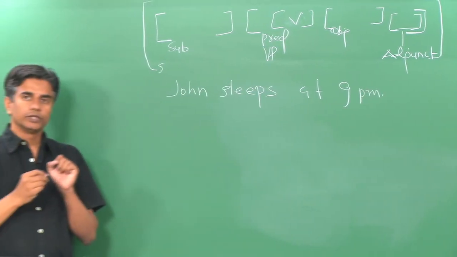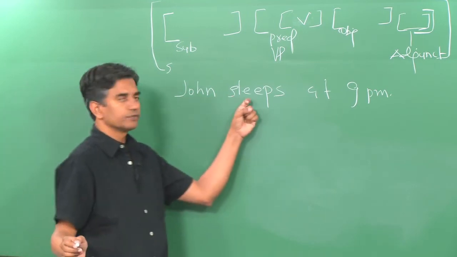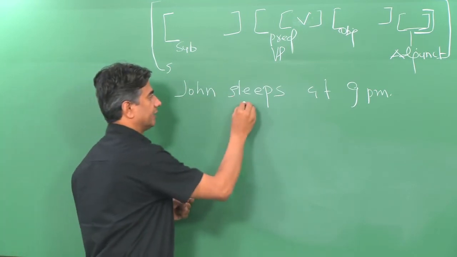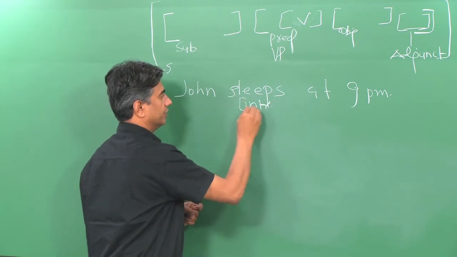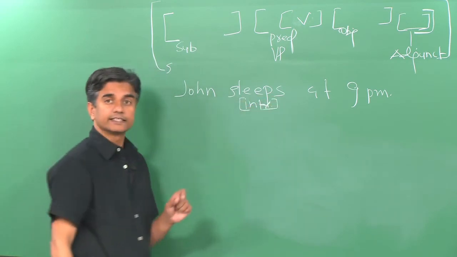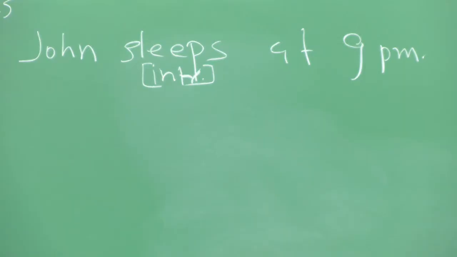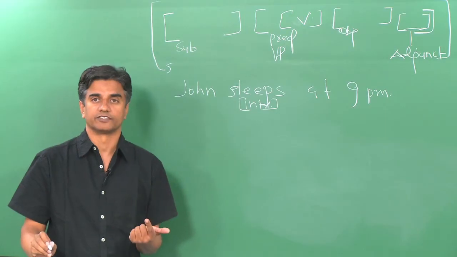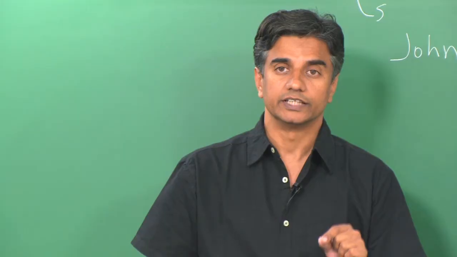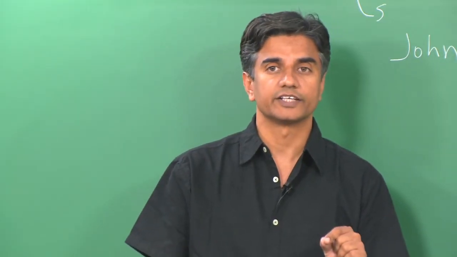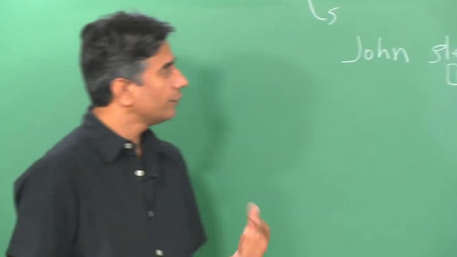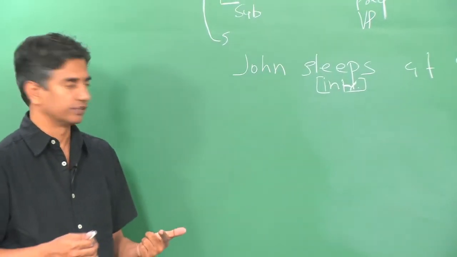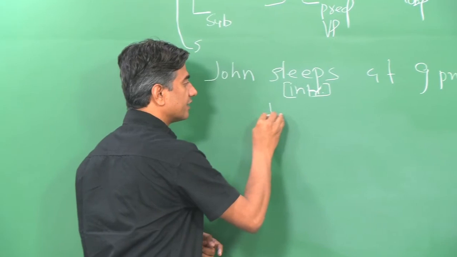Now, the nature of this verb sleep is that of an intransitive verb. This tells us that such a verb does not need an object. In other words, this verb does not subcategorize for a complement. So how does this work? We still have an IP